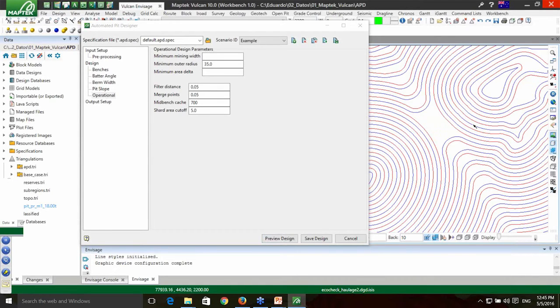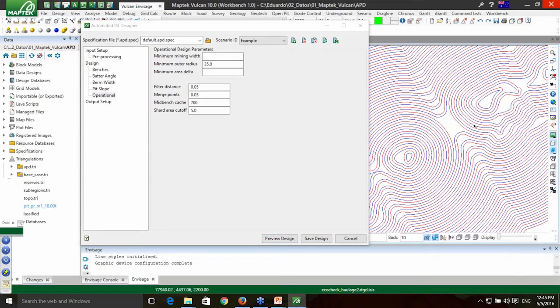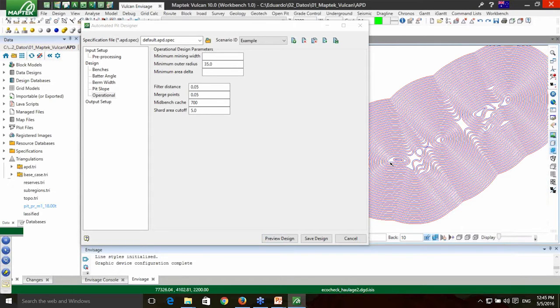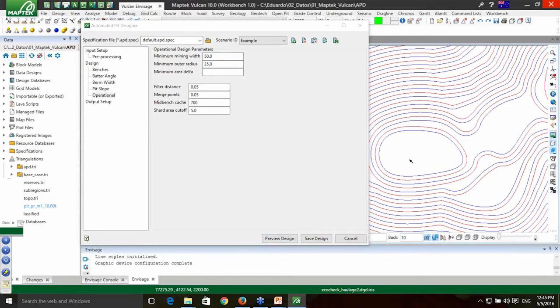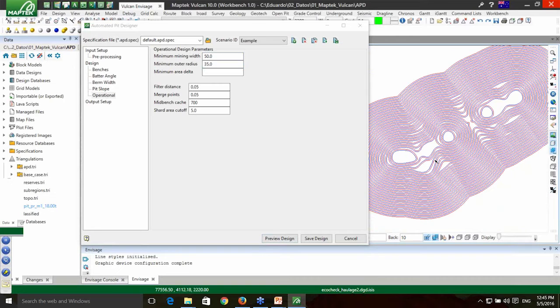Another example that we can take a look here maybe is in this area. As you can see here, this is the bottom bench, and probably we don't have enough space in order to work here. And maybe we had a rule that we cannot mine less than 50 meters. So the user can specify that one, and obviously this will change a little bit the design. But the important thing now, you are taking in consideration this thing. You've got plenty of different options to play around